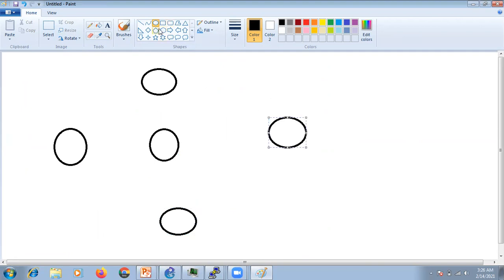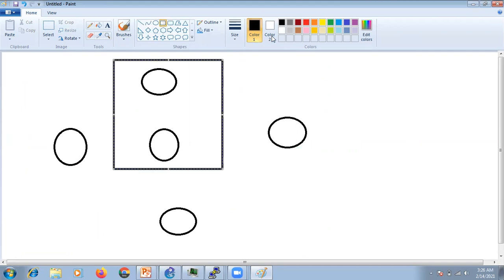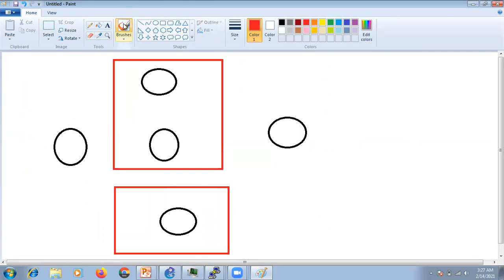Let's suppose this is router 1, so this is R1, this is R2, this is R3, this is R4, and this is R5.